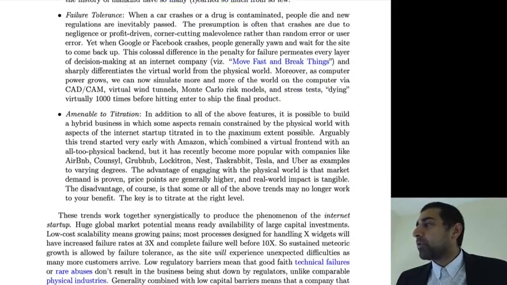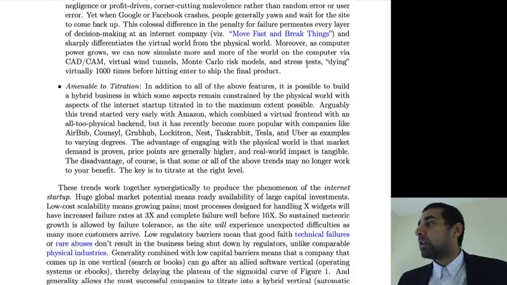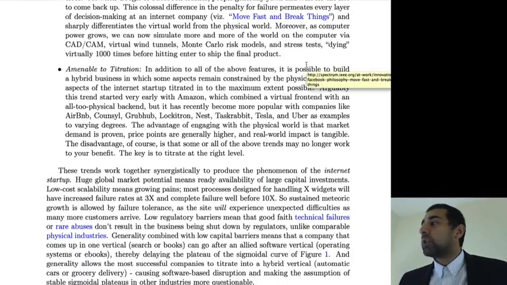So another example is failure tolerance, another kind of property. When Google or Facebook crashes, people yawn and wait for the site to come back up. But when there's a physical car that crashes or a drug is contaminated, people die, and there are new regulations that are passed. So this is a huge difference. It's a colossal difference in the penalty for failure, and it's one of the big reasons why internet startups are allowed to move fast. You can move fast and break things in a way that you just can't in the